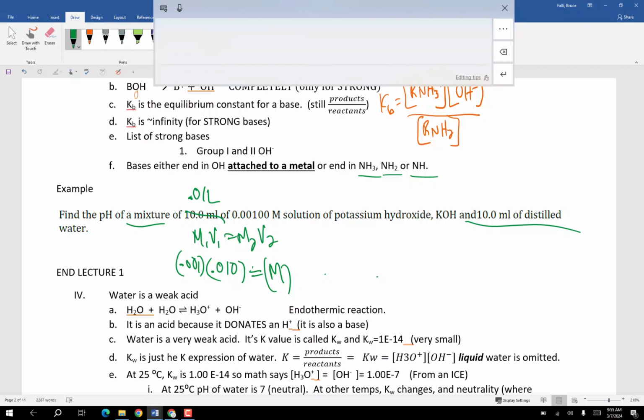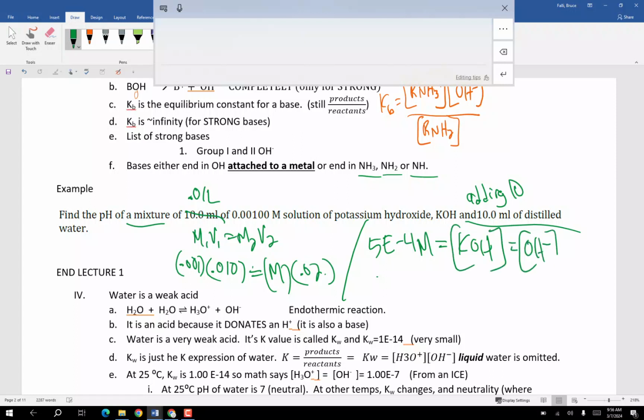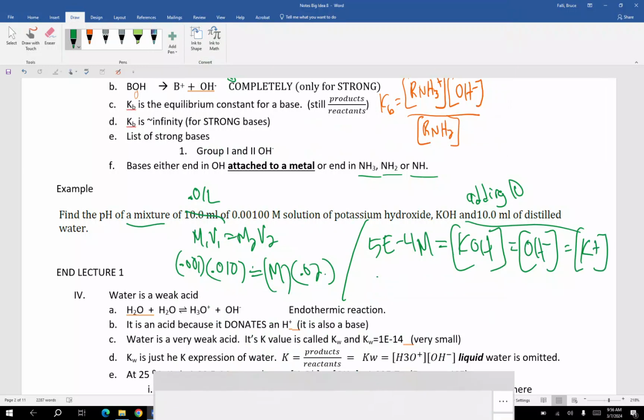find the pH of a mixture. So I'm mixing, so I'm adding 10. So my new volume is 20. And I do my math, and I do 0.01 times 0.01 divided by 0.02, and I get 5e negative 3 equals the molarity, and that equals KOH, which, by the way, would equal OH negative because it's strong, which, by the way, would equal K positive, which nobody cares about group 1 ions,